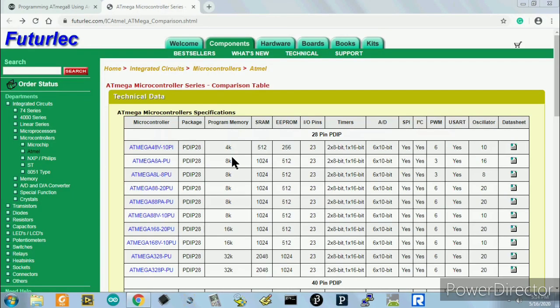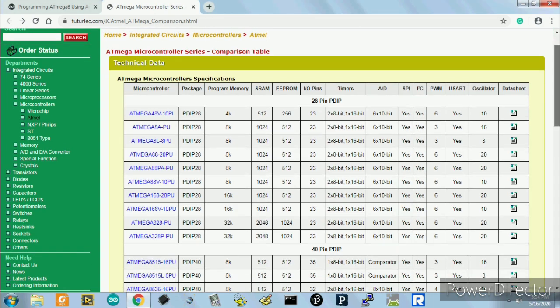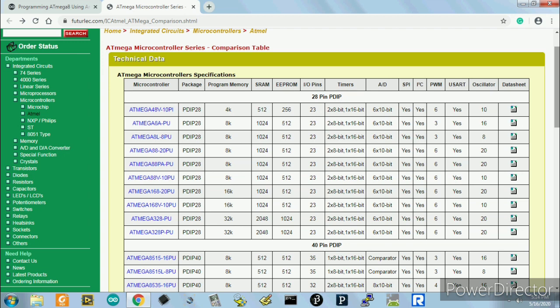As I said, this is just a comparison between different microcontrollers. The two major microcontrollers are the Atmega 328P and the Atmega 8. People who want to use the Atmega 8 instead of the Atmega 328 have to use the same IDE, and they should be able to program it with a USB to serial converter. At the same time, they have to use the Arduino IDE as the application software development environment.